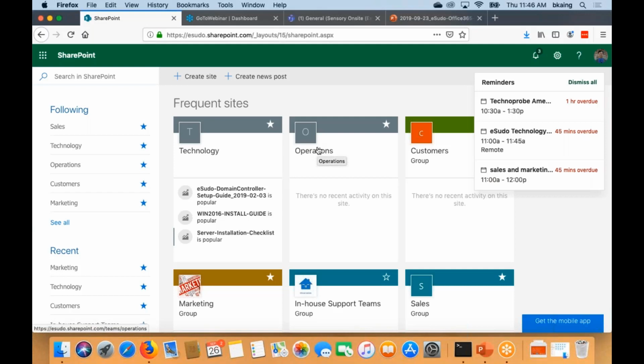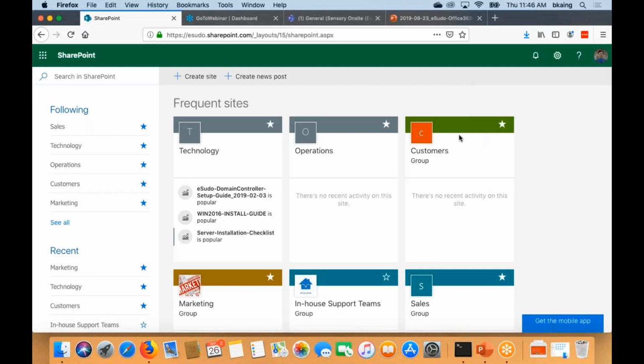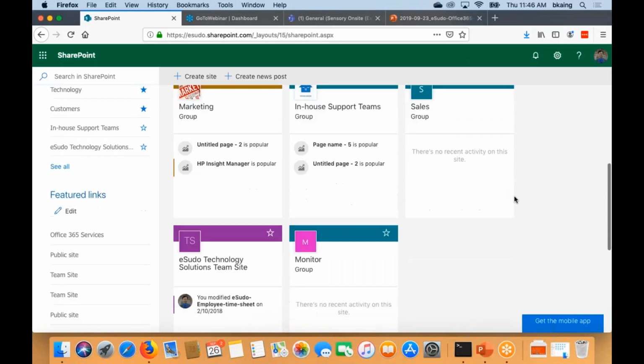Otherwise, you cannot search for a site that you don't have the ability to open. Often a company will have an IT administrator, just like they would for a file server.